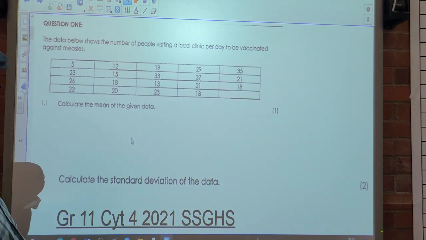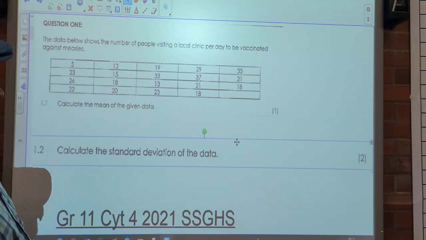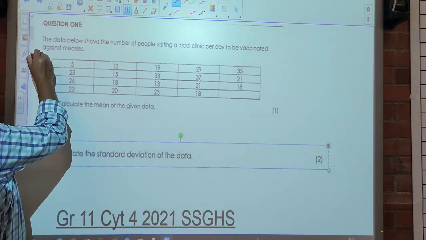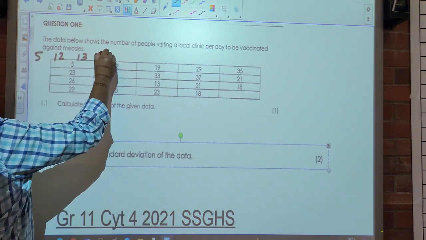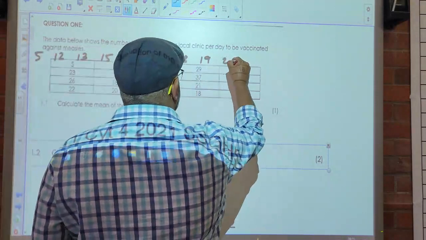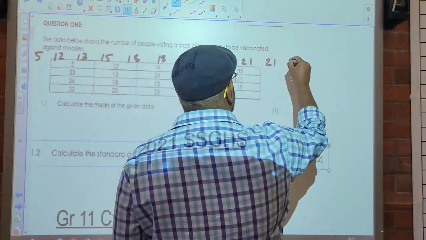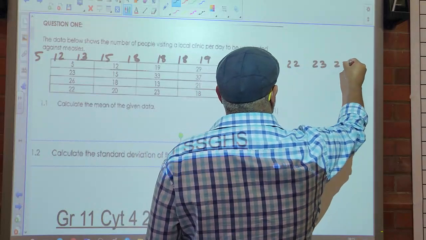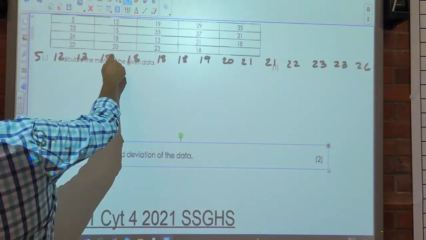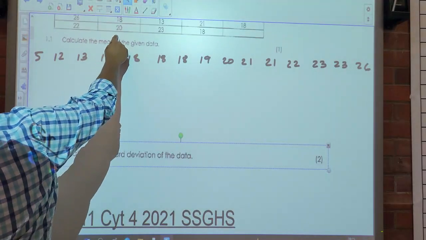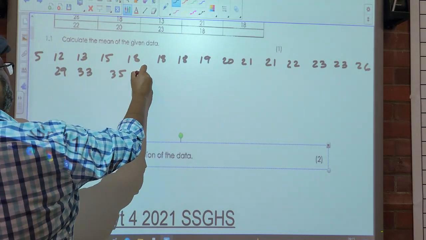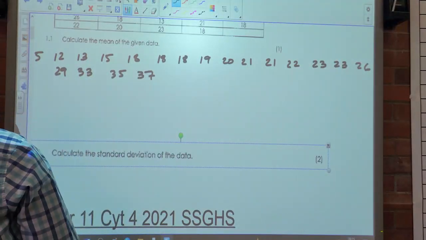Is this data in order? No. Did somebody write the data in order by any chance? Yes, okay. Can someone just read out the values? 5, 12, 13, 15, 18, 18, 21, 22, 23, 26, 29, 33, 35, 37. Okay. So to calculate the mean,